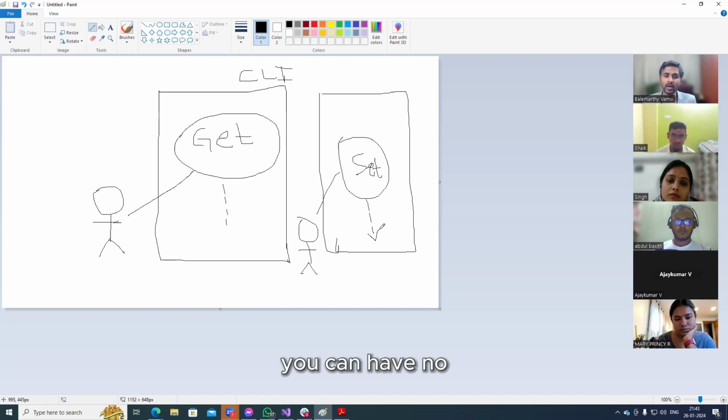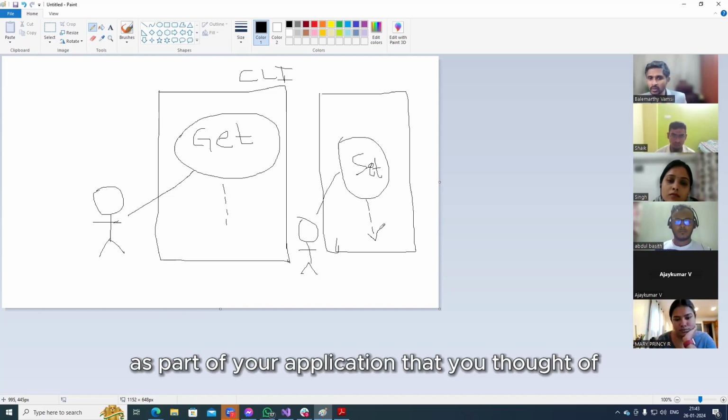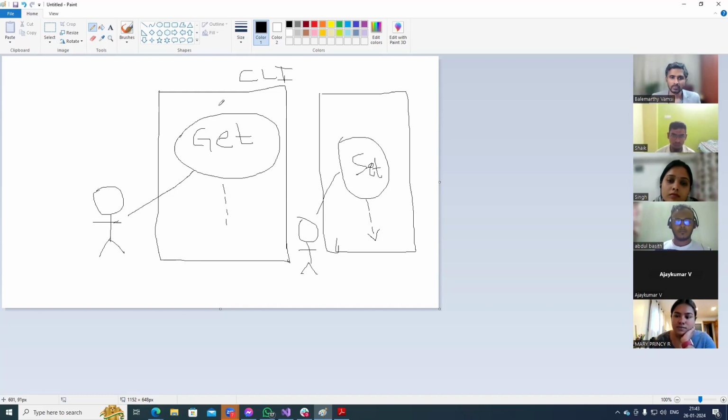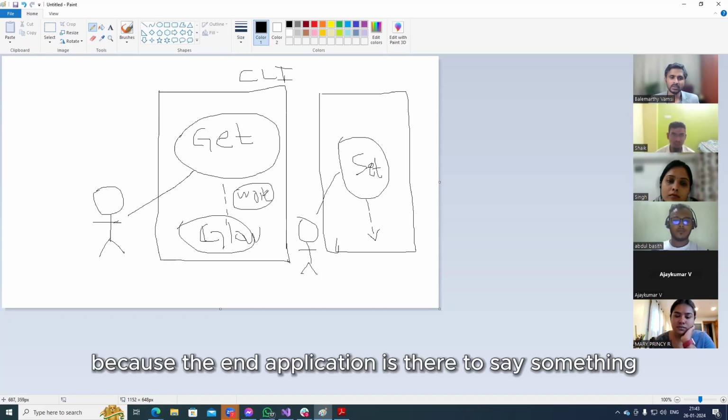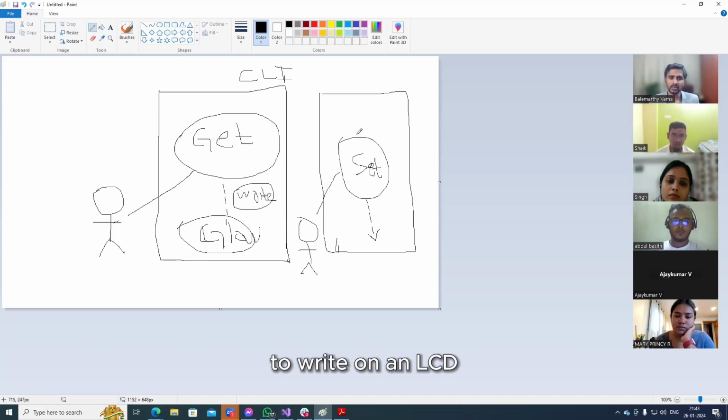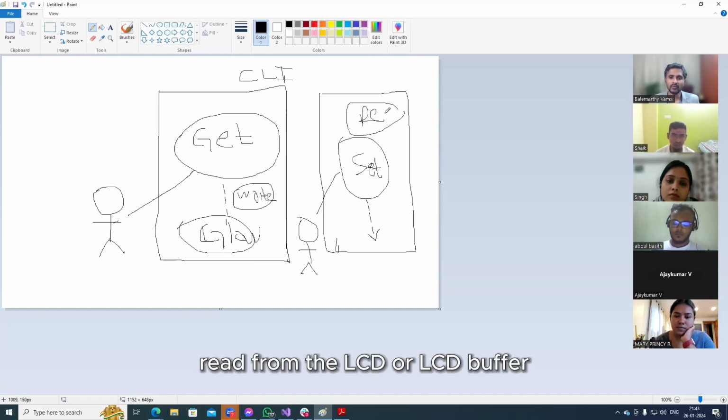As part of your application that you thought of, maybe you should say write, because the end application is, let us say, something to write on an LCD. Read is another use case: read from the LCD or LCD buffer.